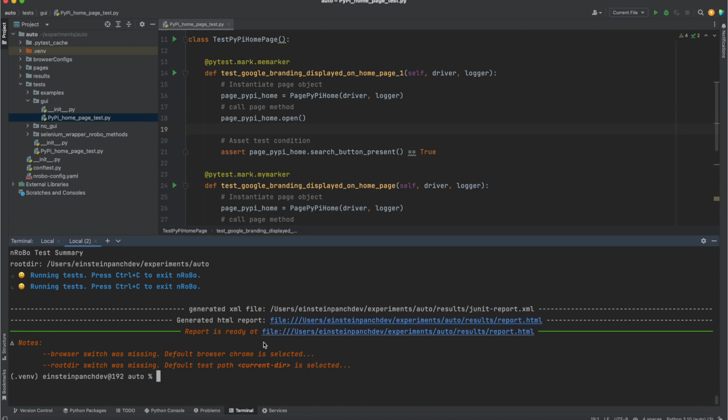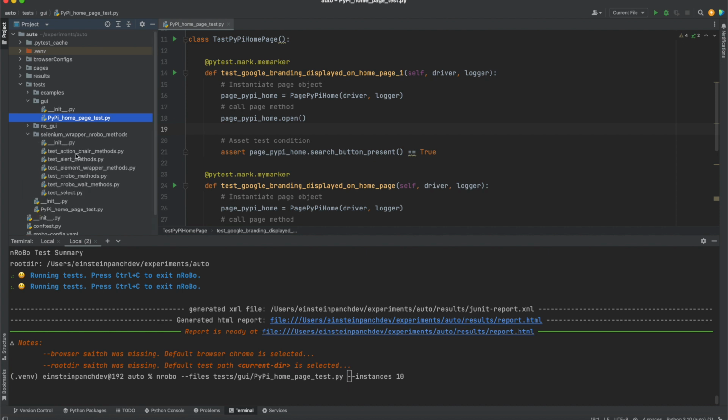Let's close this, and now let's run tests from more than one module. For example, this time we will run in parallel to save some time. So let's supply hyphen instances key with the 10 value. So 10 tests will run in parallel. And let's add one more module, for example Selenium wrapper and nRoBo methods, and